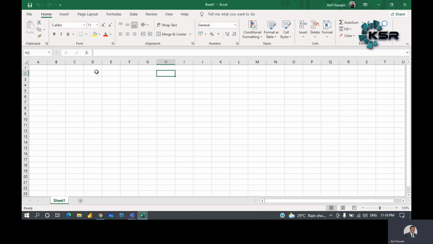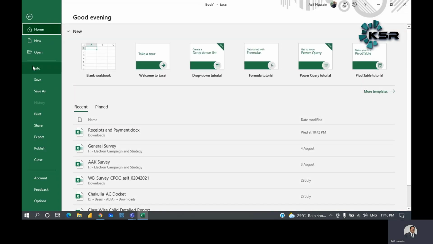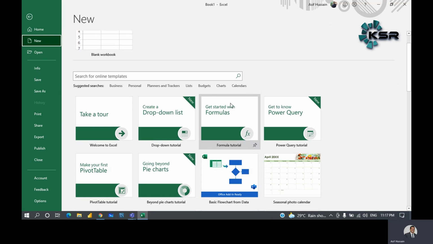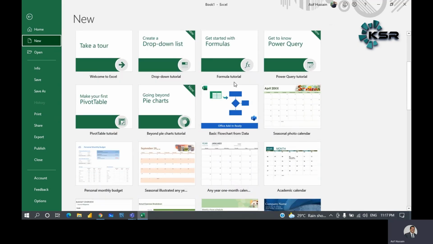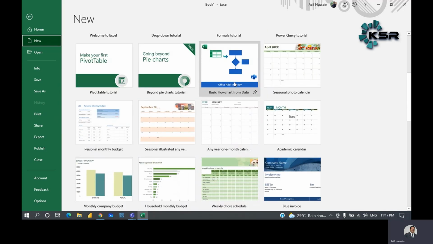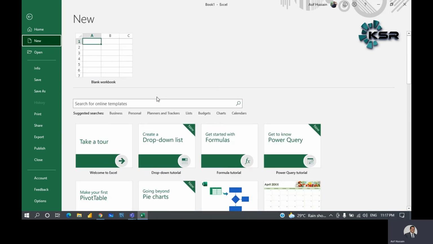All right. So here we have a menu called File, where you have options like, if you have already done any Excel report, you can open it. We can save as, print, share. We also have various templates, according to what kind of report or sheet we are preparing. We have multiple kinds of templates which we can use. Let us go for a blank workbook now.